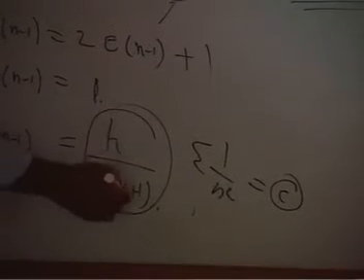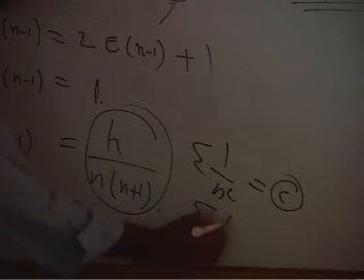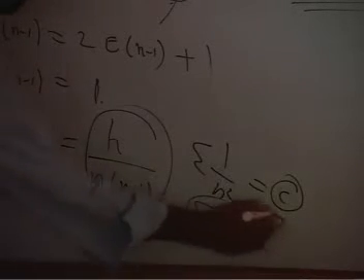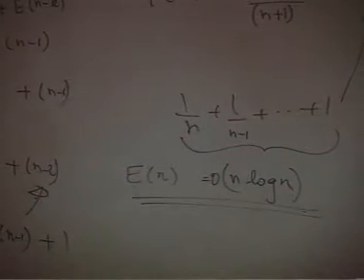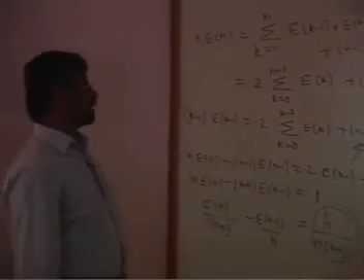When it is n by n into n minus 1, it will be of sigma 1 by n. Sigma 1 by n is log n. And that log n multiplied with this, you will get n log n. I know what I should get. I am not getting it because I messed up somewhere with certain arithmetic.